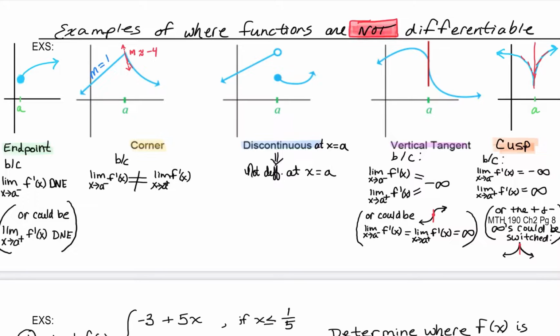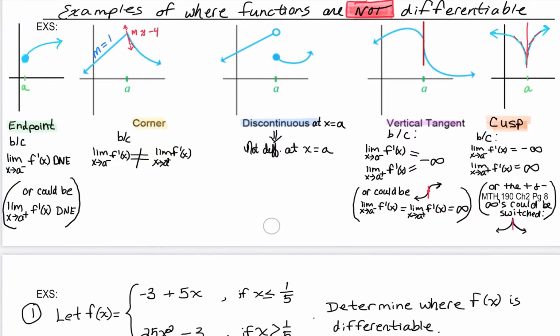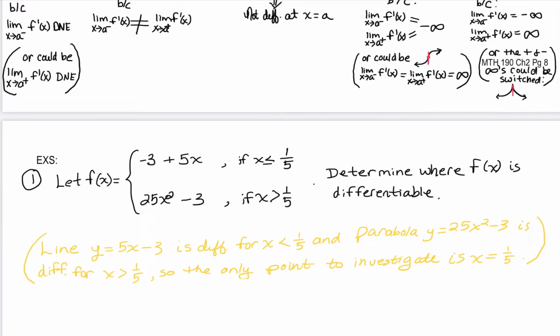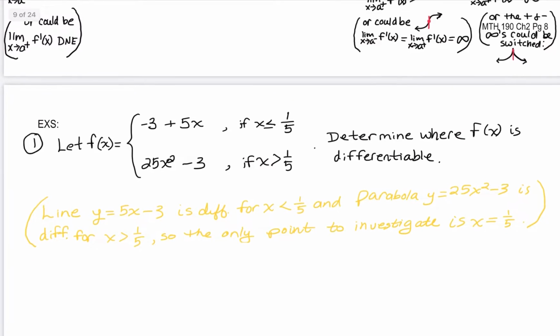So it's going to be f of x is negative 3 plus 5x for x is less than or equal to 1/5. And it's going to be 25 minus x squared minus 3 for x is greater than 1/5. And we want to determine where f is differentiable. Now, I've already kind of written out one of the things that we should just observe here if we're being asked to determine where f is differentiable, is that